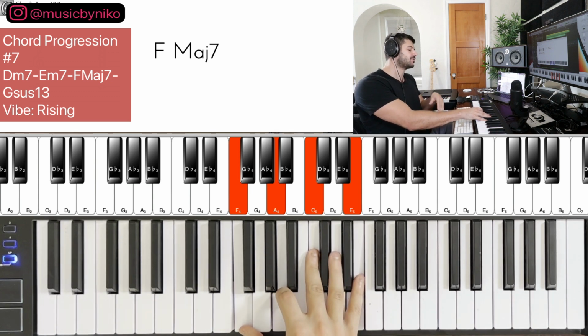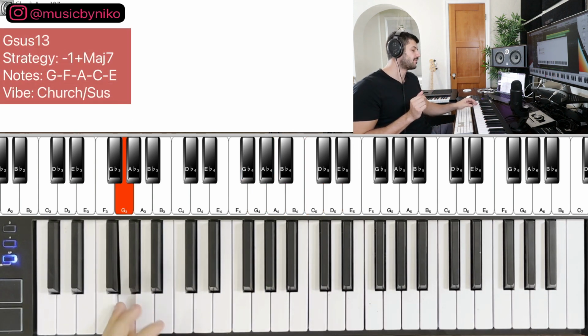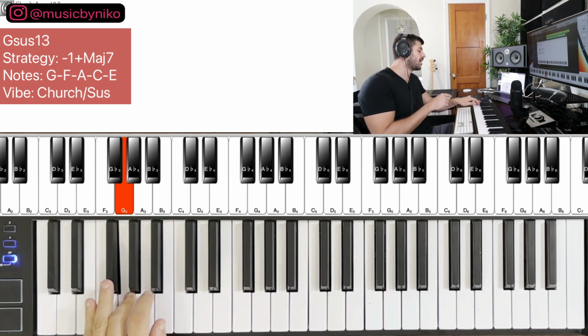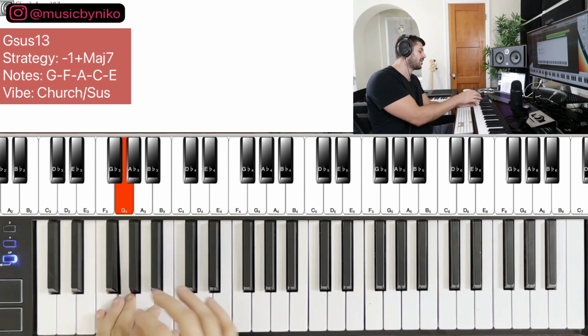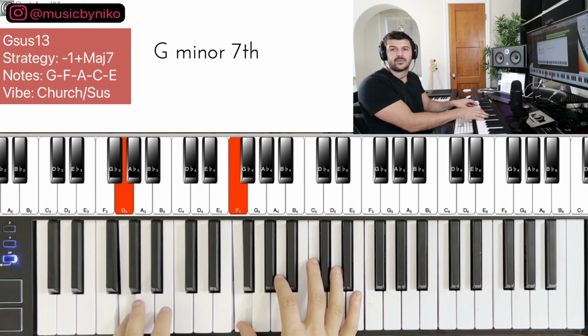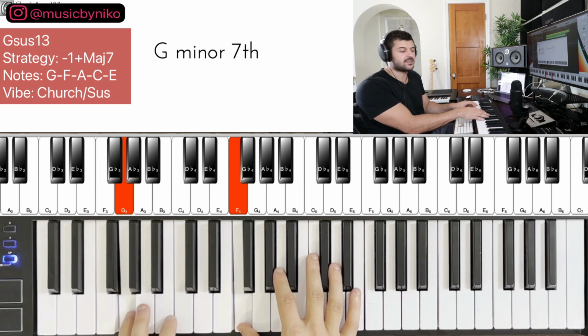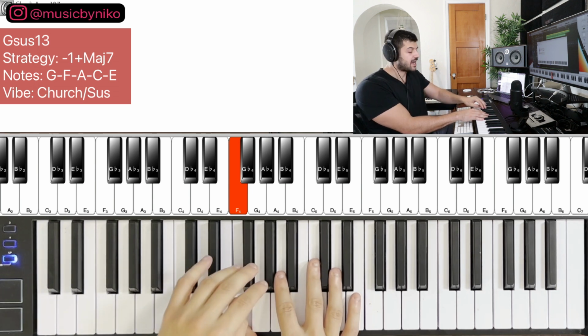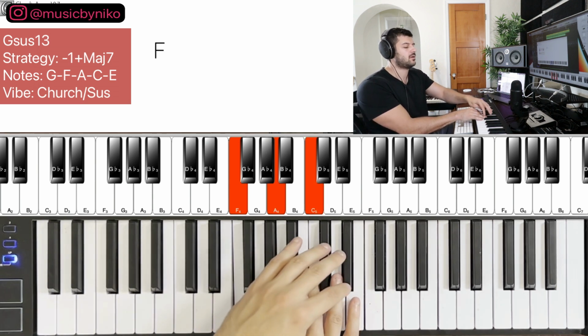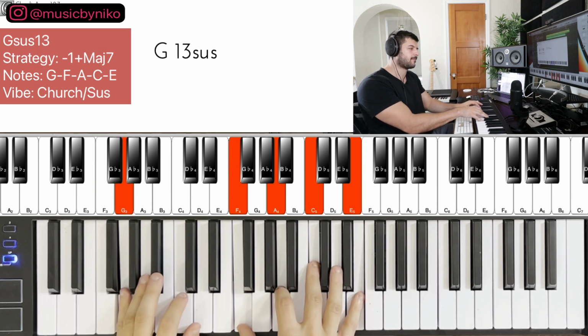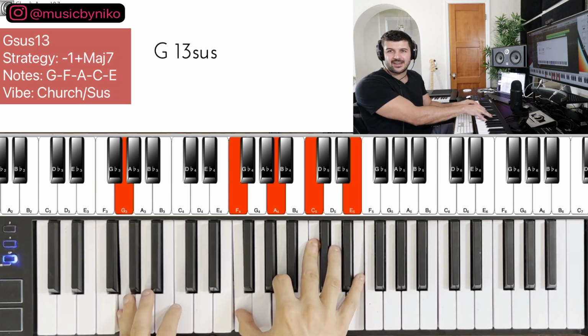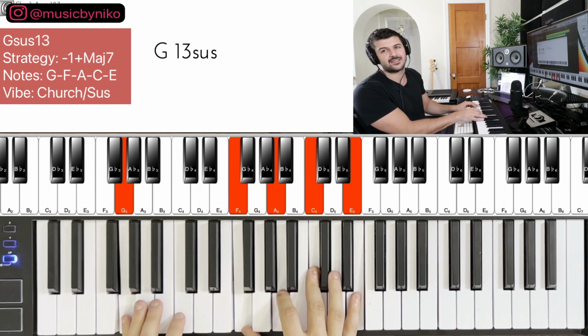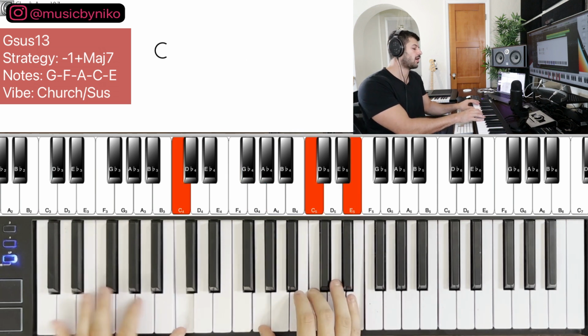So basically a G sus13 chord is you start with your G, and basically all you do is you go down 1, so you go right here to your F, one in between, bring the F up here. Now, you know it's a G sus13, forget about the G right now and focus on your right hand. 3-2-3 strategy, 1, 2, 3, 1, 2, an F major chord. And you have that nice suspense into the